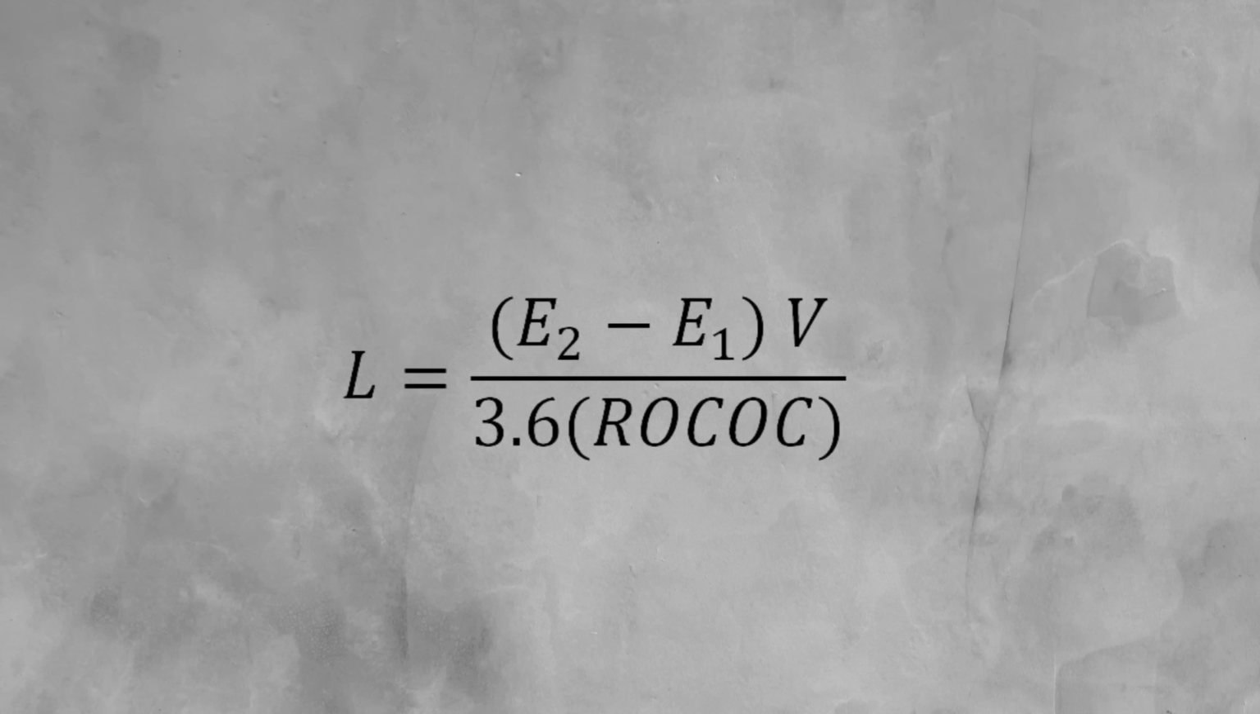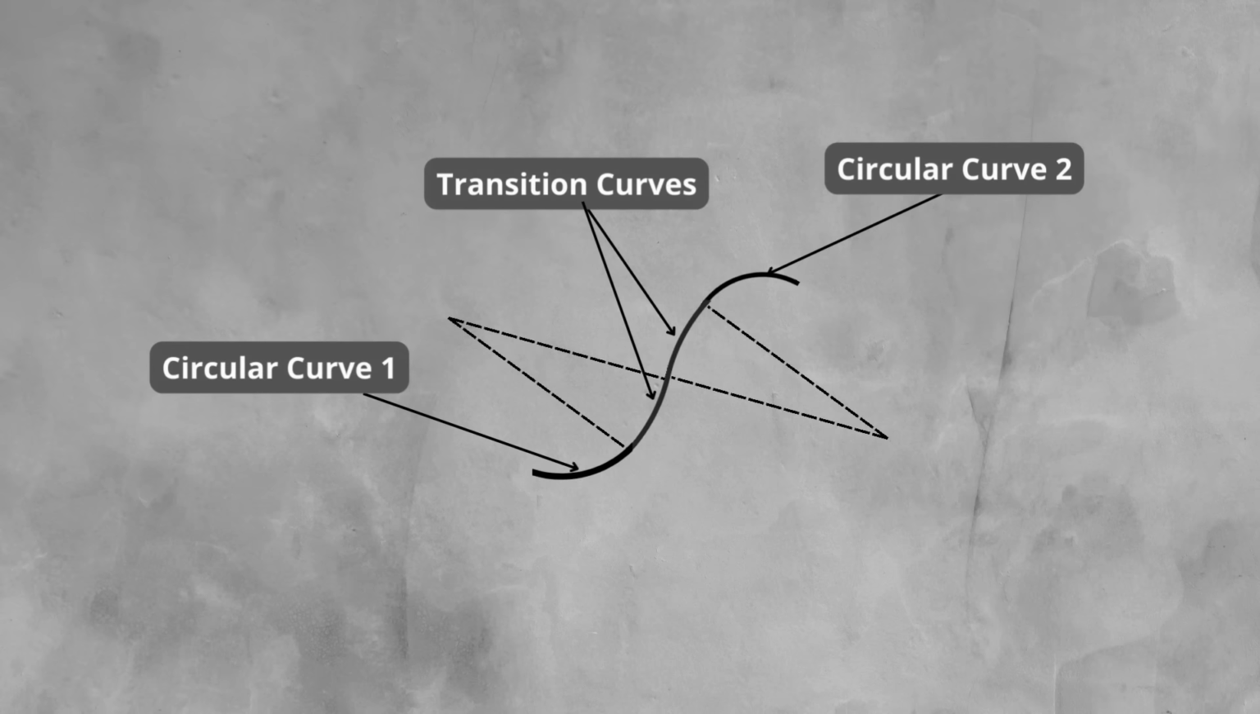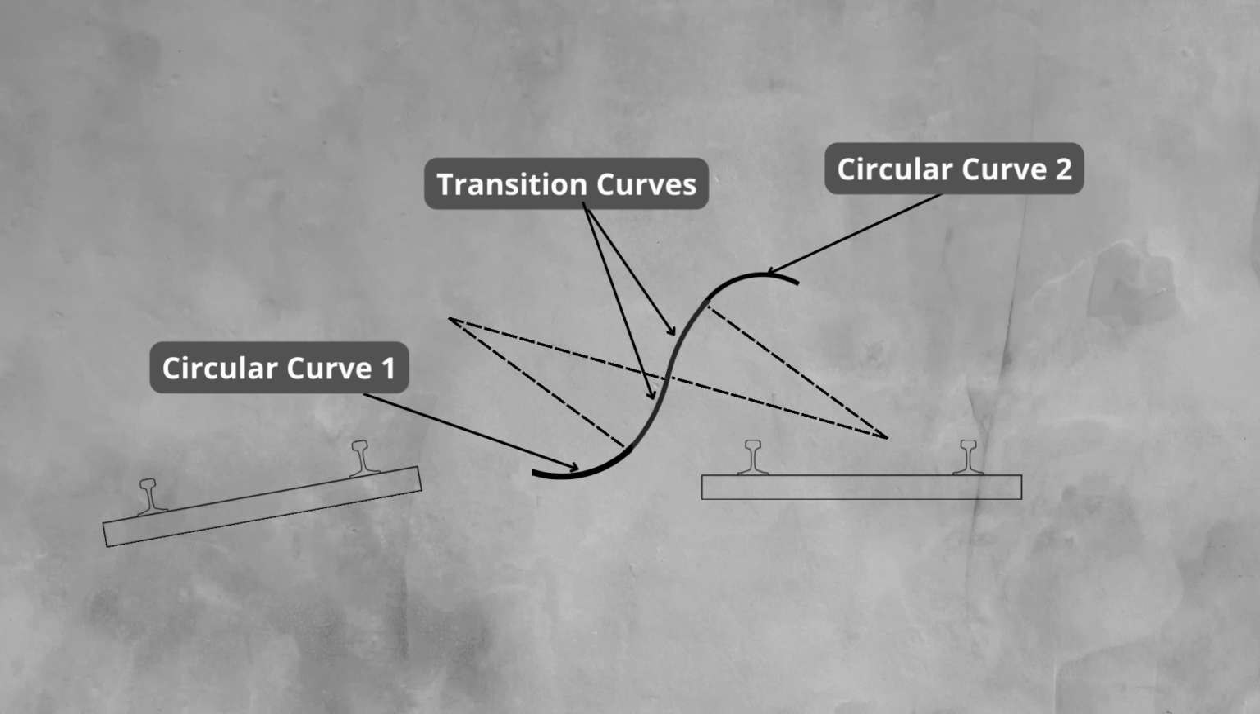When analyzing reverse curves, where two curves are handed differently, we need to add the two cant values. This is because the cant will be applied to different rails. On the left-hand curve, the higher rail will be opposite that of the right-hand curve. To transition from the cant on the left curve to that of the right-hand curve, we need to remove all the cant, go through a flat or zero cant section, and then build the cant back up on the opposite